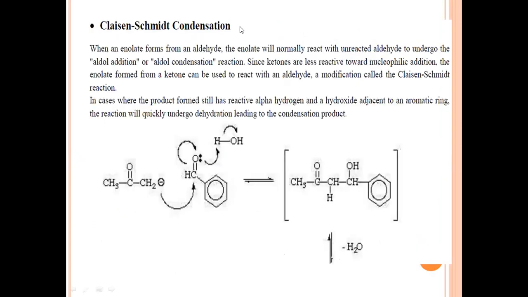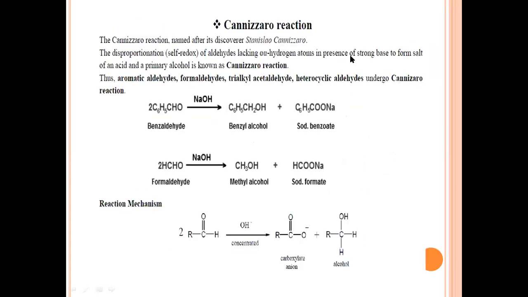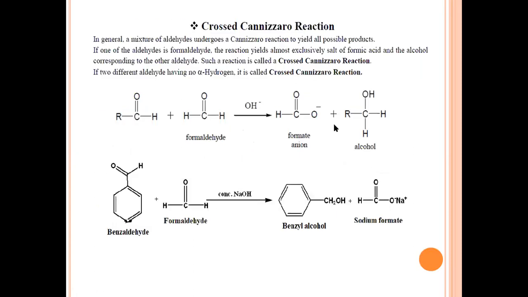Followed by, we discussed the Claisen-Schmidt reaction, in which there is formation of a condensed product of an aldehyde and a ketone molecule. Then we discussed a very important reaction, the Cannizzaro reaction, in which one compound formed is an alcohol and the other is a salt of the corresponding acid. And just now we discussed the crossed Cannizzaro reaction. This is similar to the crossed aldol condensation reaction, in which one compound contains alpha hydrogen atom and the other has absence of alpha hydrogen atom. So today we will stop here.